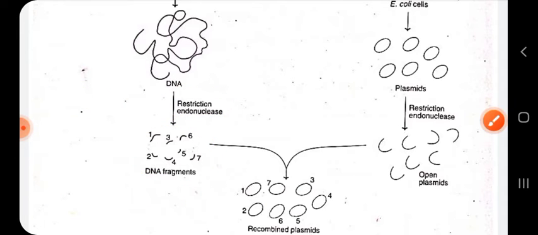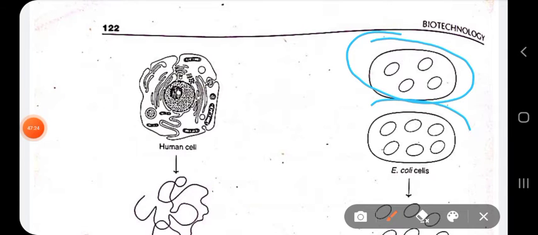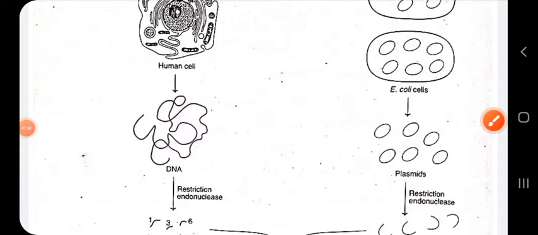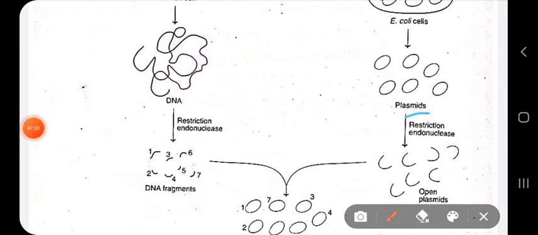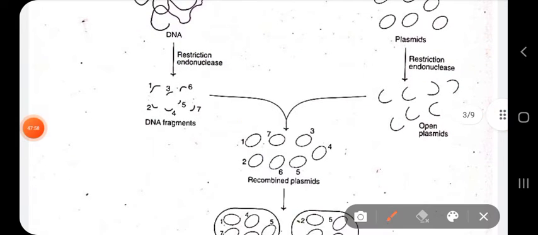On the other hand, you see that E. coli cells are cultured, and from these E. coli cells we isolate the plasmids, where the plasmids are further digested using the same restriction enzymes as used here also, to create the same type of ends, so that the digested DNA fragments can match with those ends and can ligate properly. So thus we create open plasmids here, and thus we ligate them.